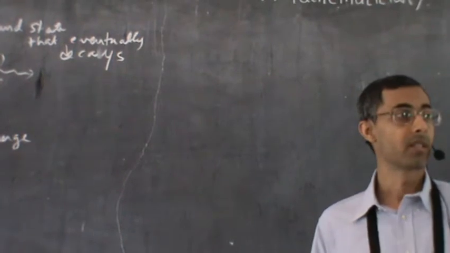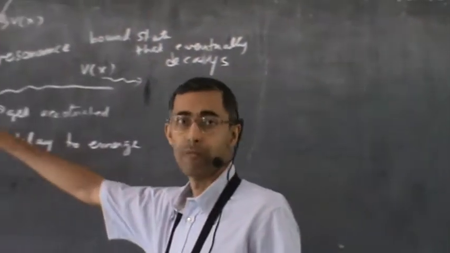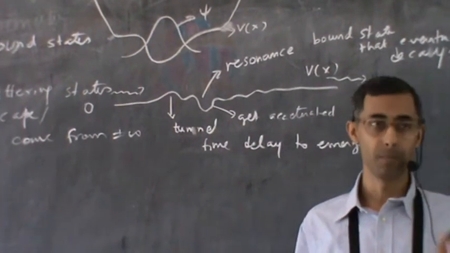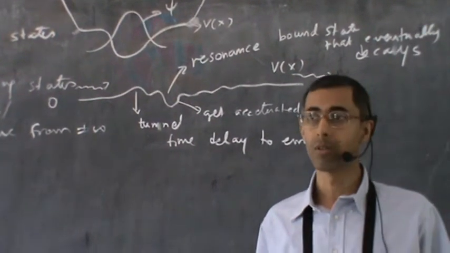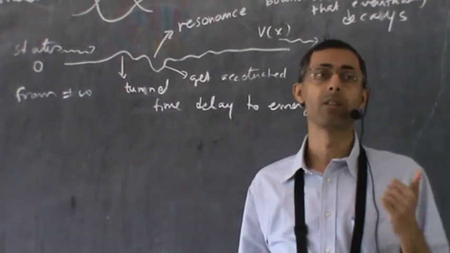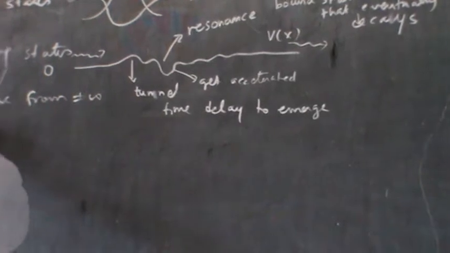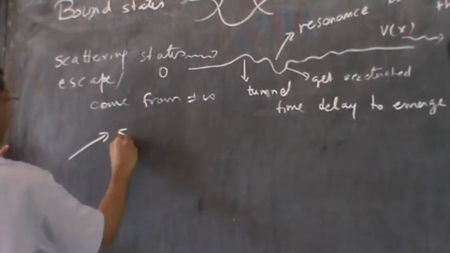What we will do is study free particles at infinity modeled as plane waves, so that their time dependence is very simple. Namely, they are eigenstates of the Hamiltonian, and their time dependence is simply e to the minus iEt by h bar. Okay. So you could consider scattering of